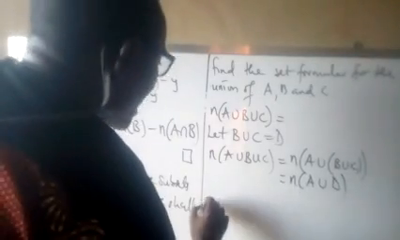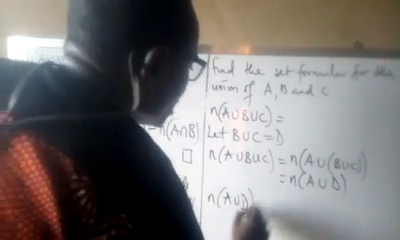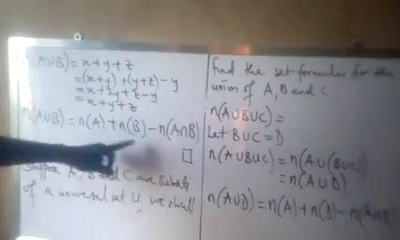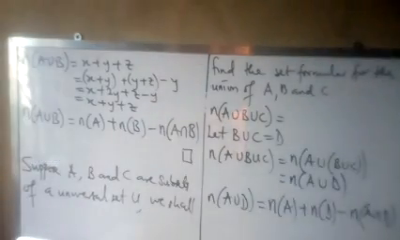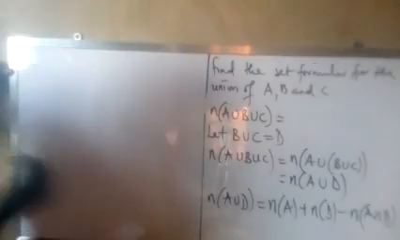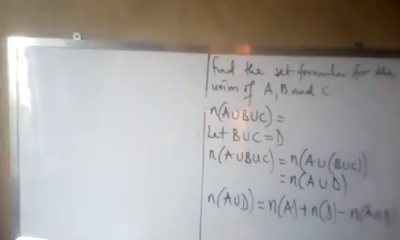So this implies that we can now say that n of A union D is going to be the number of A from this formula, plus the number of elements in D, then minus the number of A intersection D. We're going by this formula. Okay, going by that formula. Now, this one will give us